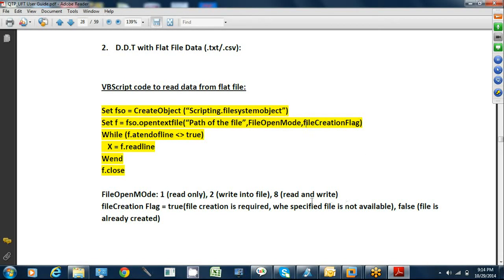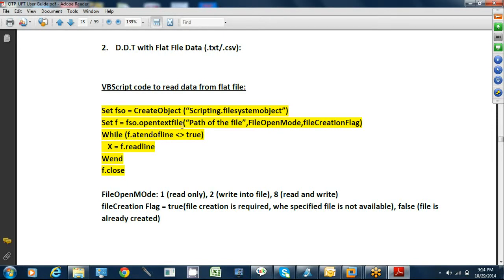Then file creation flag false, because I have already created it. Don't worry about the example, I will give you the example. I am just explaining the theory, how the code works. I will show it to you again. Just listen to what I am saying and you will understand it.